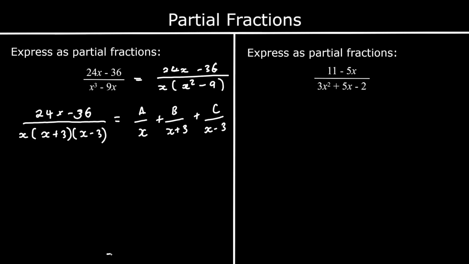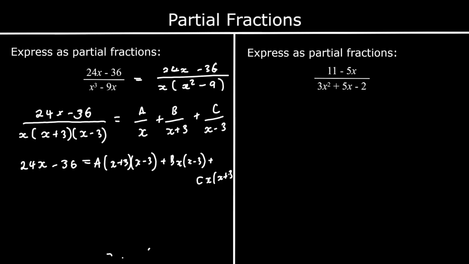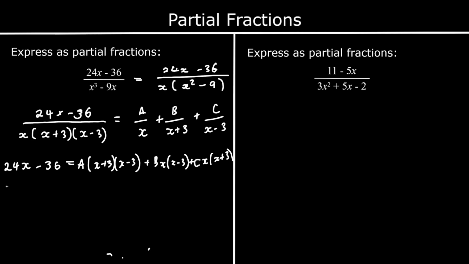Multiply through by x and x plus 3 and x minus 3. 24x minus 36 equals a times x plus 3 and x minus 3 plus b times x and x minus 3 plus c times x and x plus 3. Then we can let x